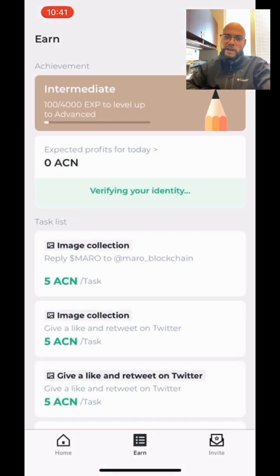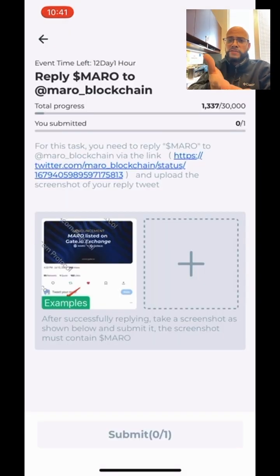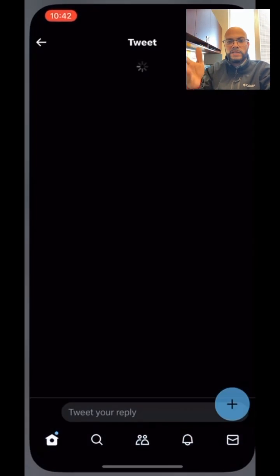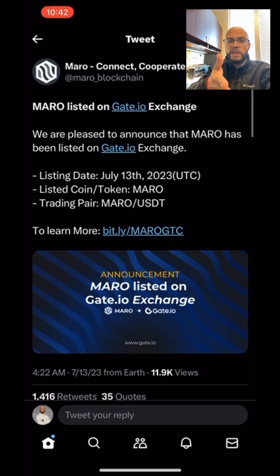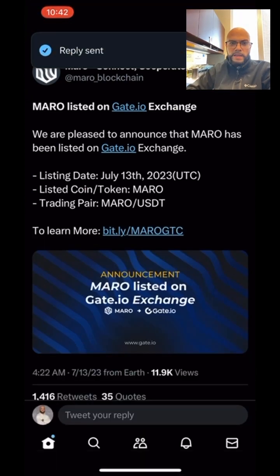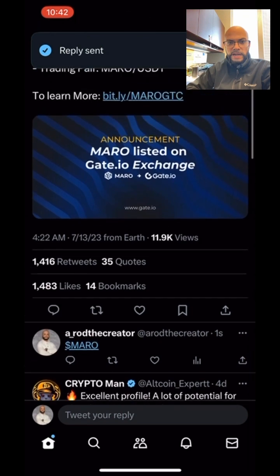All right, I've already verified, and I'm gonna show you how easy it is to go ahead and get some free Acorn token. Now, all you have to do is just follow the instructions on the screen. See here, it says for this task, you need to reply $Mero at the blockchain. Follow the link below. All you gotta do is basically click the link, do what it's asking you to, take a screenshot as I'm doing here, go ahead and reply, then take a screenshot of your comment,